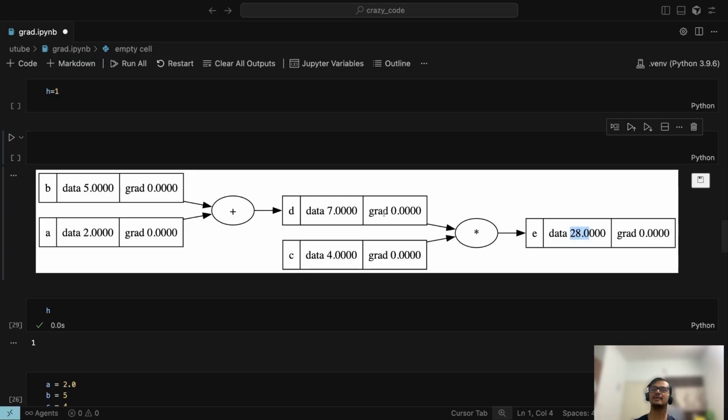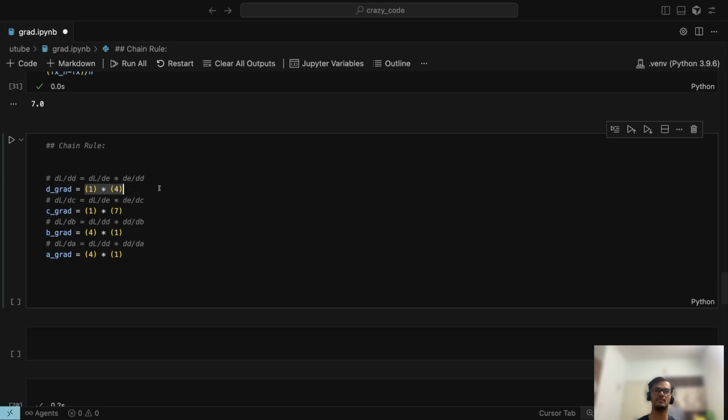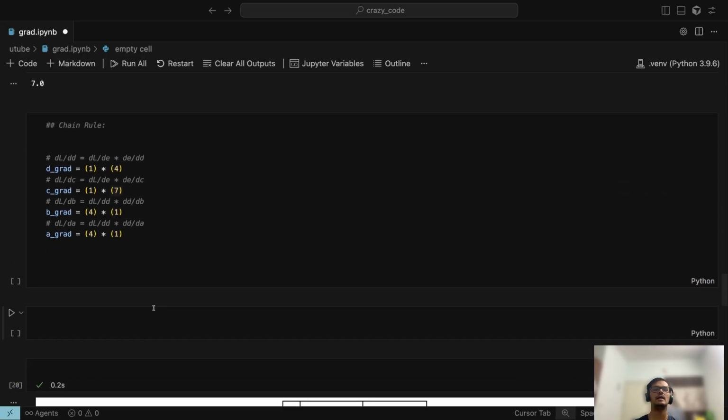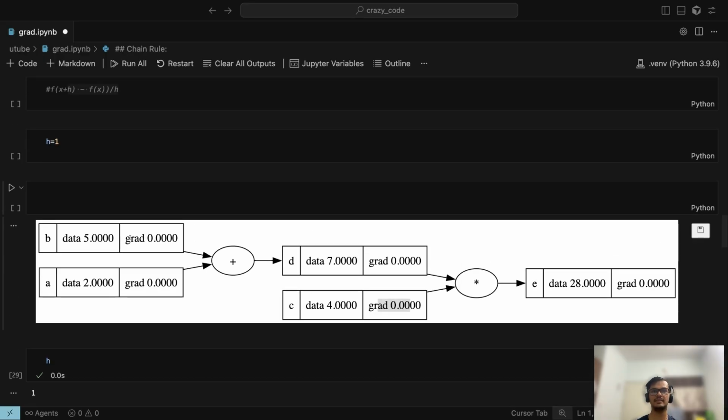And here the gradient of this, as I said, is going to be 4. So 1 into 4. For C, it's going to be 7, because D's value is 7, so it's going to go here. And then for B grad, now to calculate the rate of change,